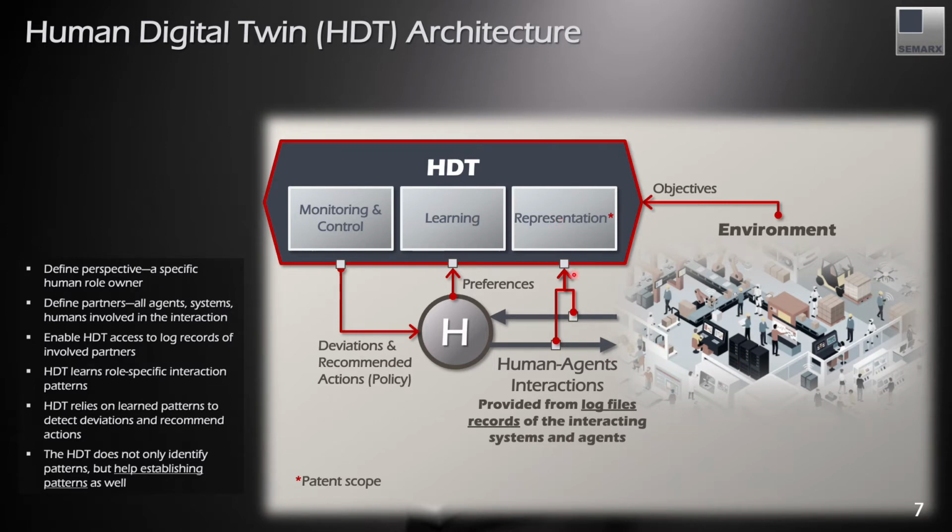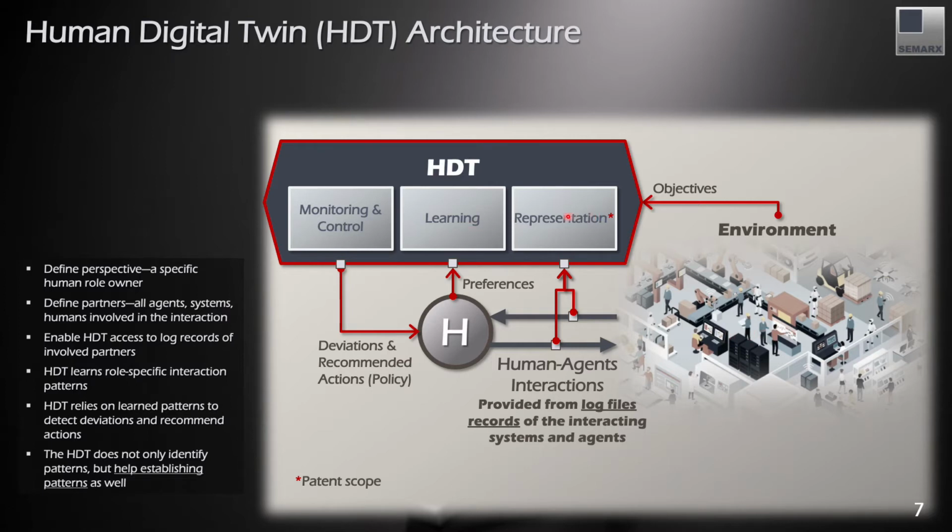So the human digital twin would have communication clients. These are very small applications that will be installed at the different communication channels and just read the messages exchanged between that person and the environment, without any consideration for the content of these messages. So the digital twin does not see what is in the message, rather it only sees that there is a message between this person and that system, and what the responses were.